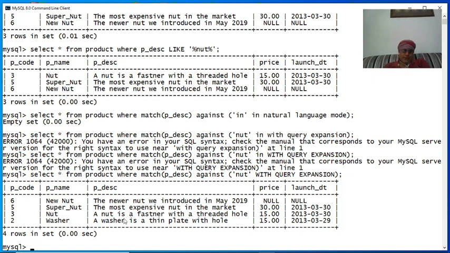The last row is not having the word nut but is still appearing. The answer is not only nut but all those words which appear with nut are also searched in the query expansion. For example, look at row number